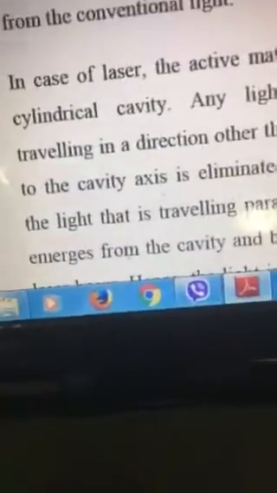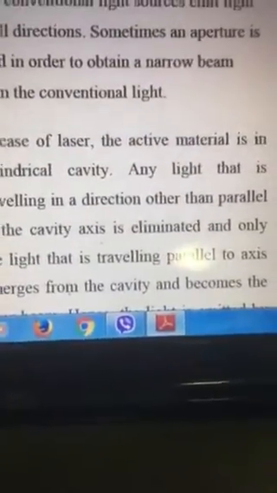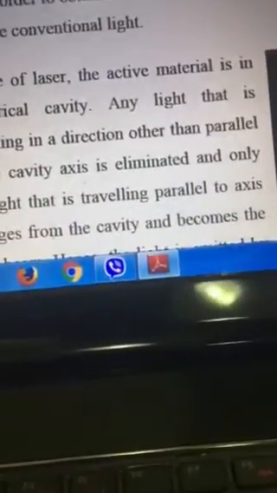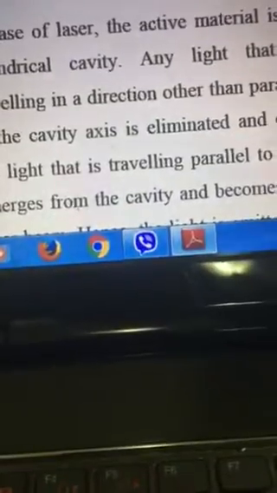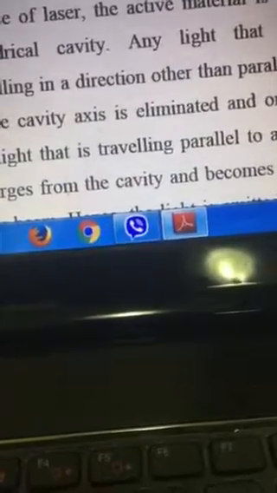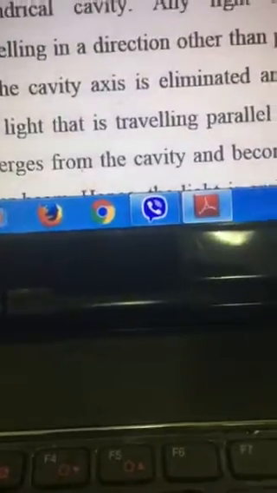But in the case of laser, the active material is in the cylindrical cavity, and any light that is traveling in a direction other than parallel to the cavity axis is eliminated, and only the light that is traveling parallel to the axis emerges from the cavity. This is the case we are discussing here. So you can see here the directionality